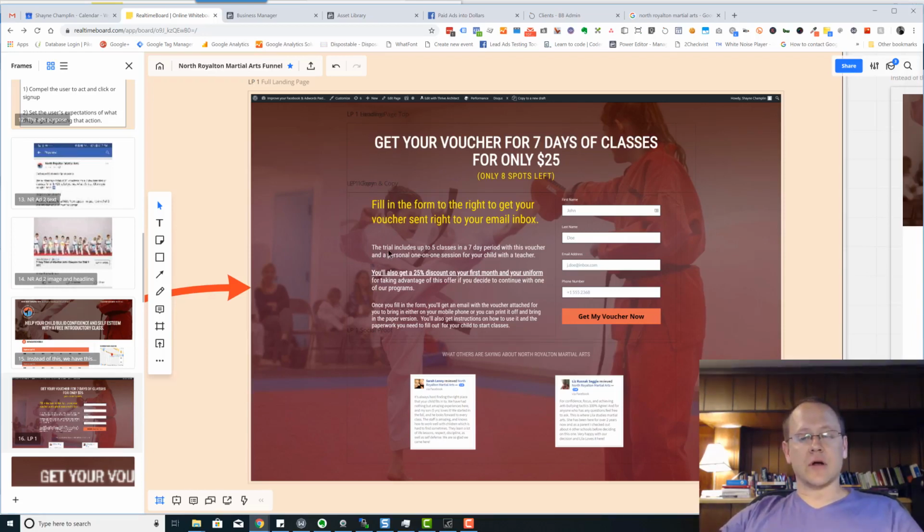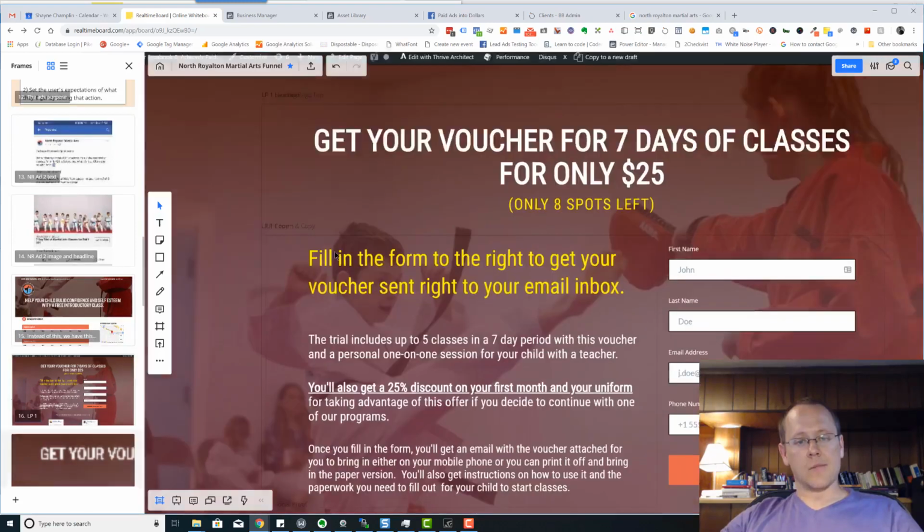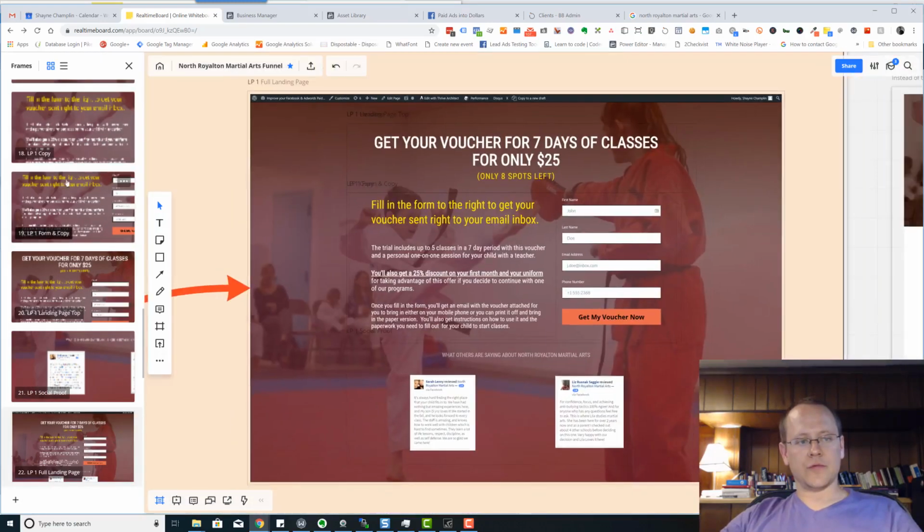And then the next part, which I'll zoom into in a minute, has all of the details of the offer: what they get, what to expect, and another discount that they will get by signing up for this program. And then I'm also setting the expectation for what happens after they sign up. And then I've got the form on the right side here. So it's a lot more compact, right? If we zoomed in to where it would look like if we were